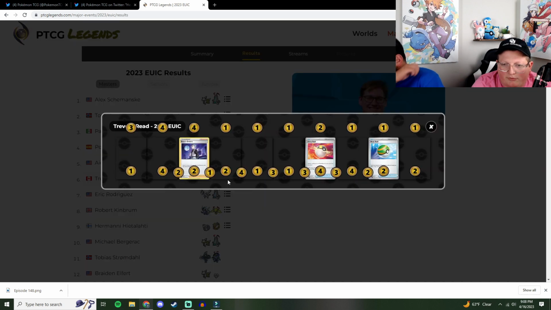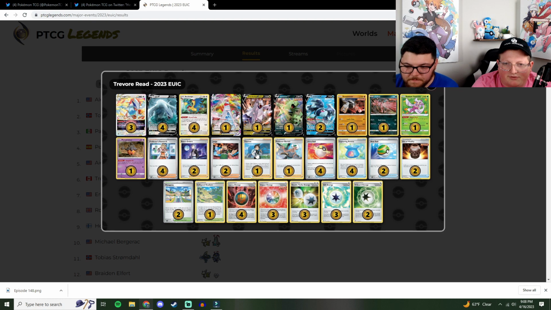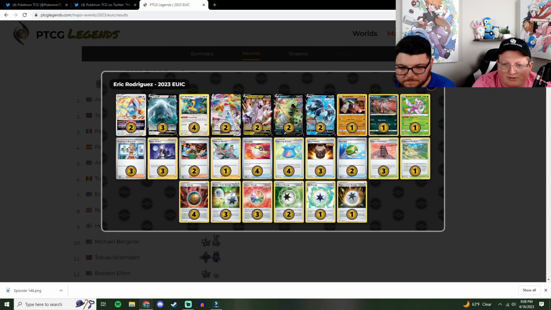They're pretty similar. They're both Lugias. We'll see if there's any major differences between them. But let's start with Eric's first. Yep. Eric here running 3/2 line of Lugia, 4 Archeops, and then a 2/2 line of Duraludon, 2 Tyranitar, and then a couple